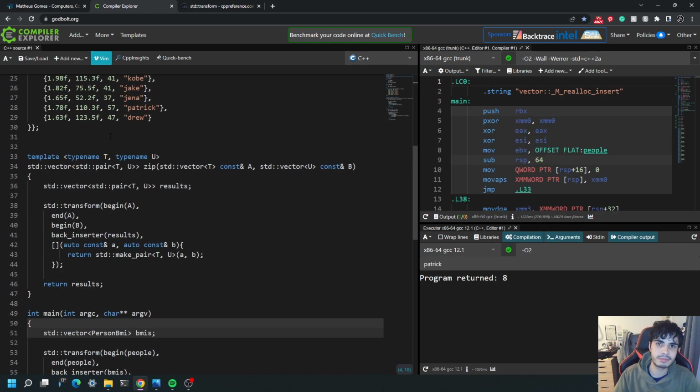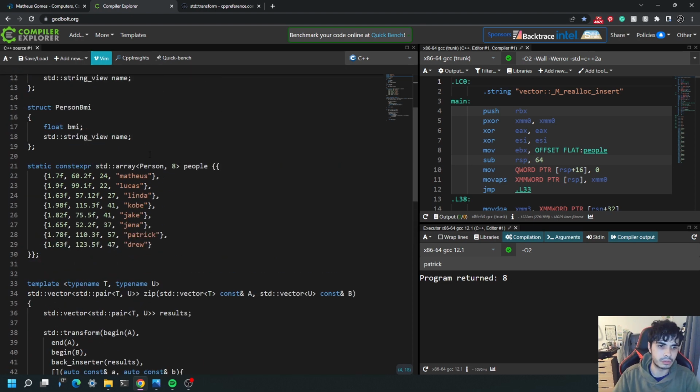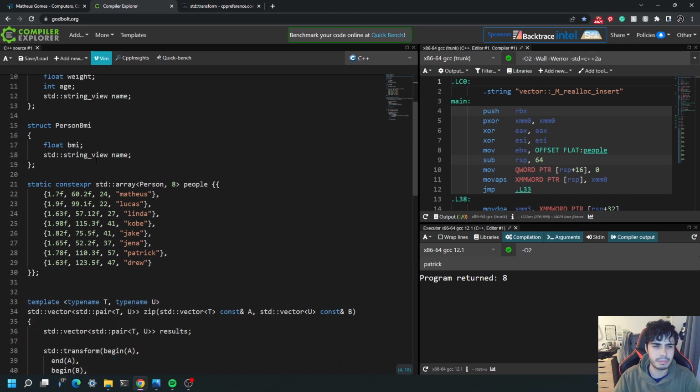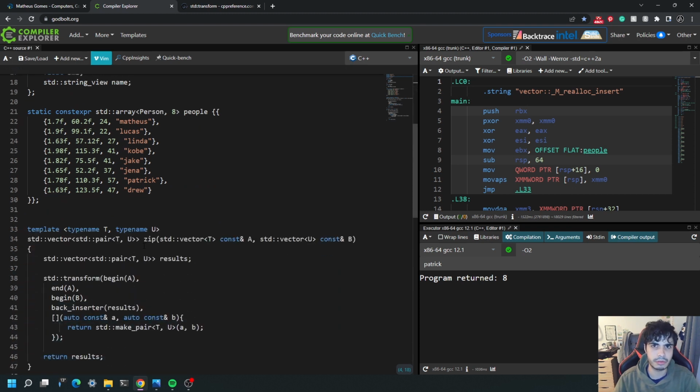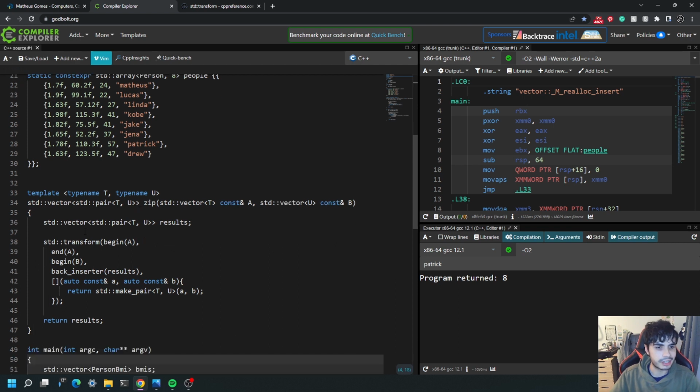So this would be a very naive and probably very inefficient implementation of the zip function in C++. What I did is I included the utility header. I think the pair struct comes from that, though I'm not entirely sure. And I've defined this function called zip, and the return type is a vector of pairs of type T and U. These can be any types because they're templates. If you don't know what templates are, I would recommend looking them up in C++. They're very useful in certain cases, such as this one, if you're writing generic functions. The input types of this function are essentially two different arrays of two different types.